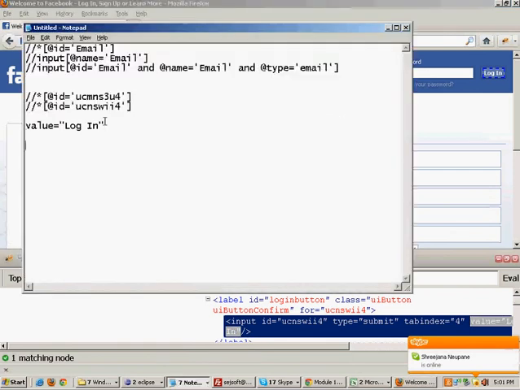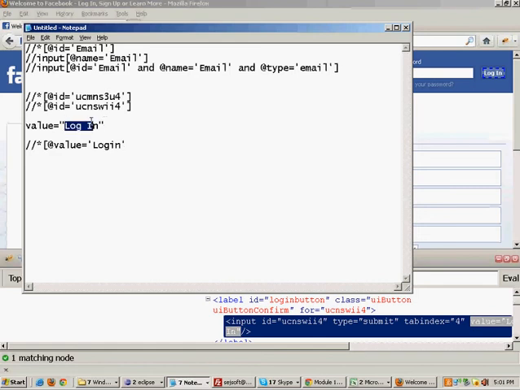So you can make an XPath that //* @value equals to login. So this can be a valid XPath. Using this XPath for clicking on the login button, you can try using it. It will definitely work. You can try using any of these XPaths. They will definitely work.